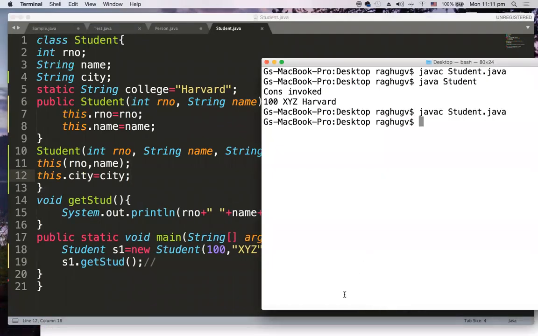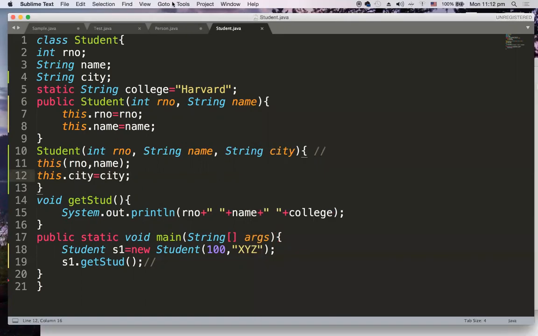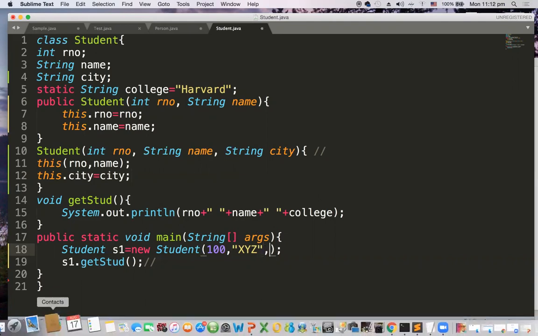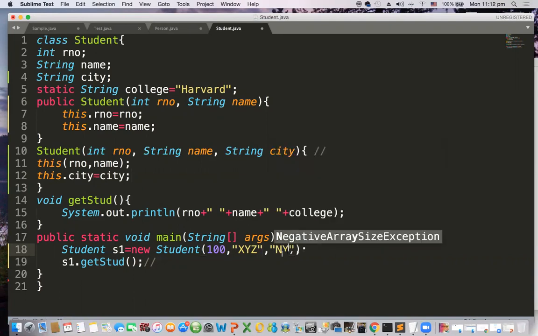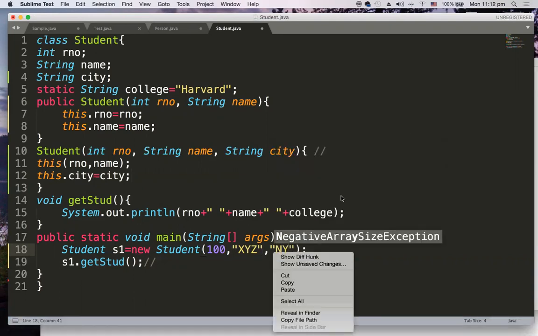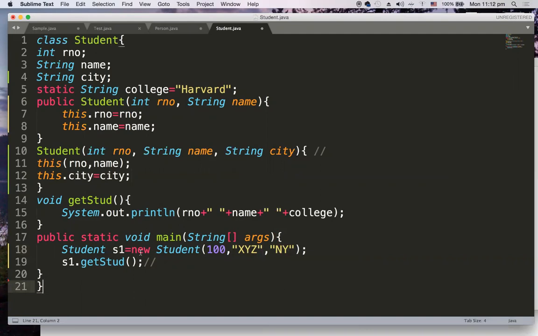Java C Student.java compiled successfully. Before that, I need to have a constructor which is taking 3 parameters. Now I am saying the city is NY. Now whenever Student s1 = new Student and you are passing 3 parameters, it matches the second constructor.